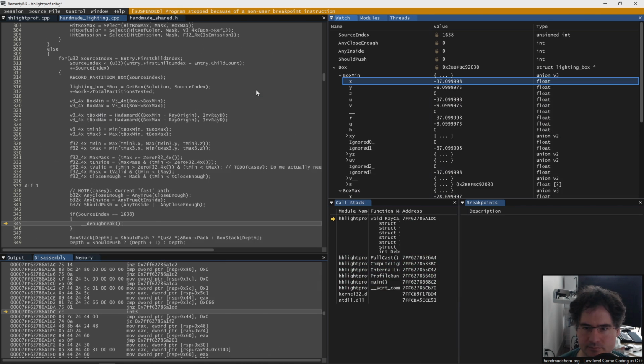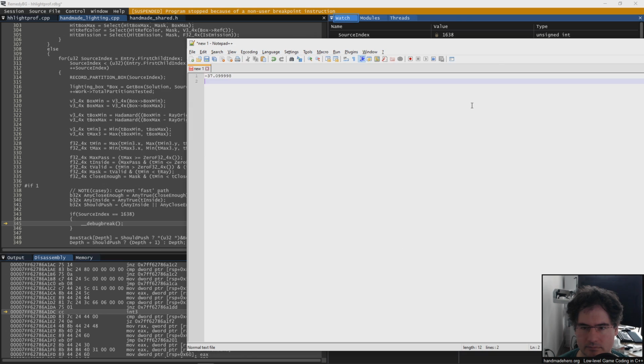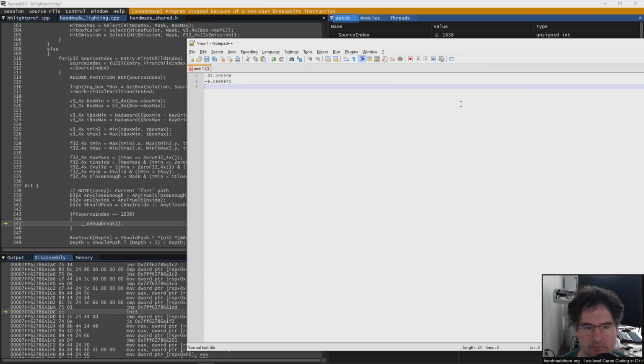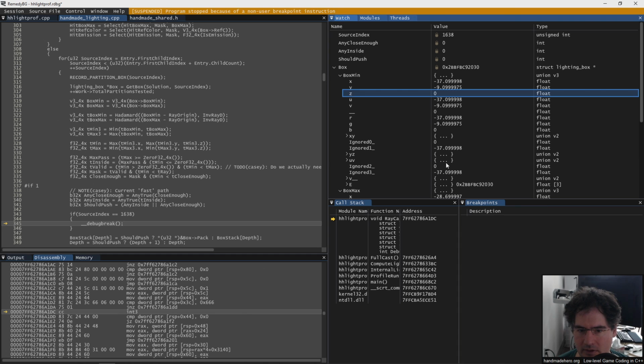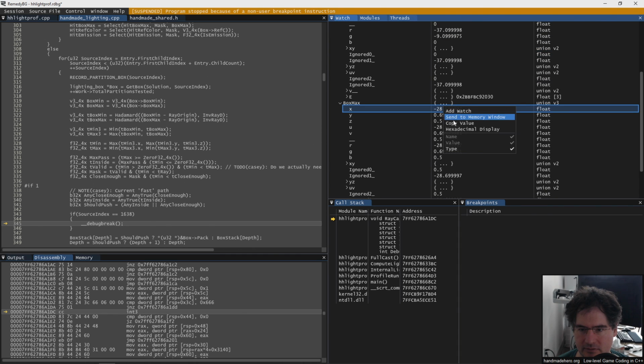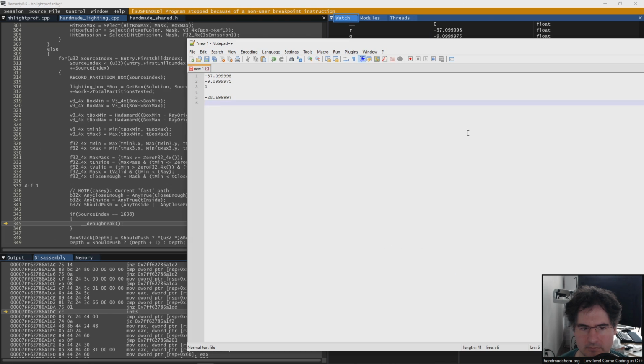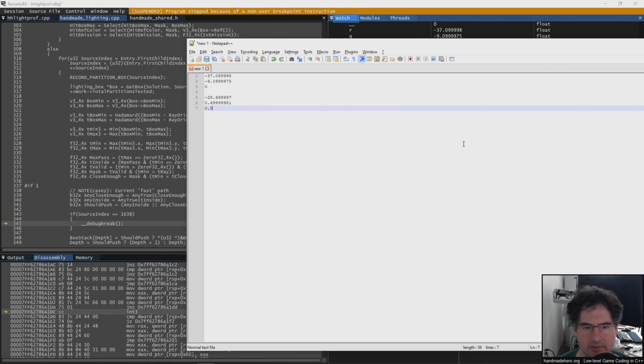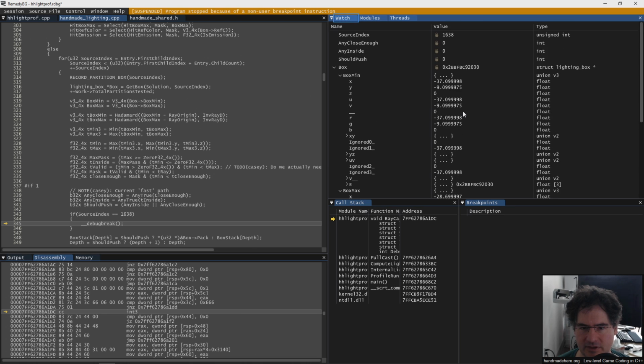Here we go. And then here's Boxmax. And that's just so I can see if the boxes look any different, which hopefully they wouldn't, but, you know,